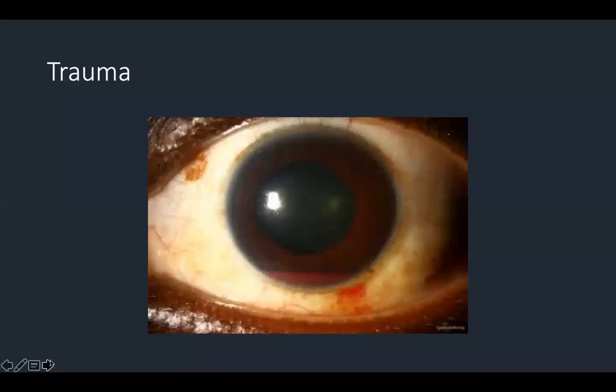the indications of AC washout. So you have too many indications. Usually I'm following the one in Wills, which is sickle cell anemia, IOP more than 24 for 24 hours. If the patient is pediatric age and you're worried about amblyopia, corneal blood staining, hyphema that doesn't decrease by 50% for 8 to 10 days, IOP more than 60 for more than 2 days, IOP more than 25 with total hyphema more than 5 days, because